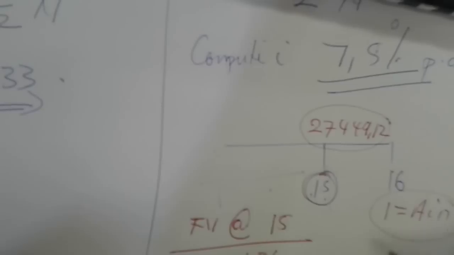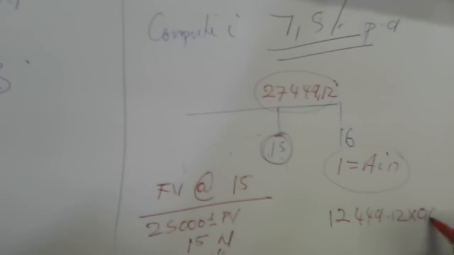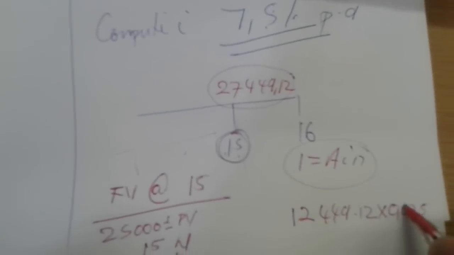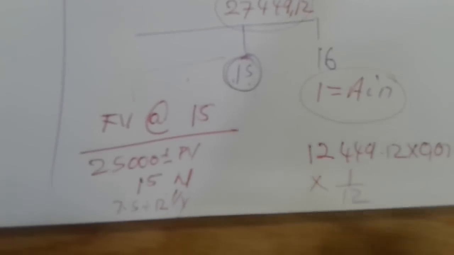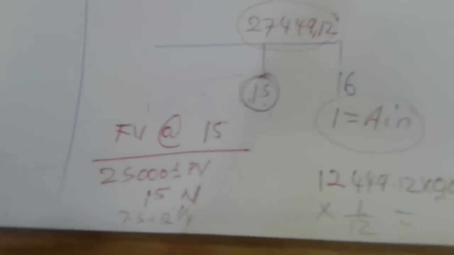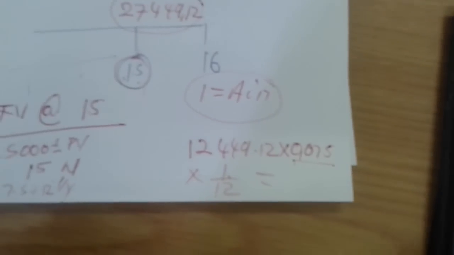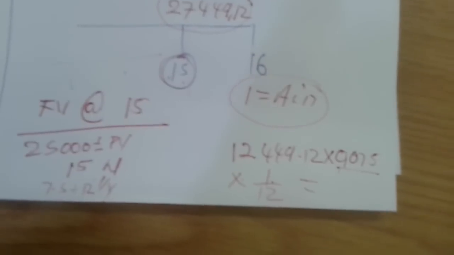Okay, so let's go. 27,449.12 times 0.075, which is your nominal rate, but of course as a decimal, multiplied by 1 over 12. Why 1? Because it's only for 1 month. Remember, this is an annual rate. It is for 1 month. So again, let's punch it. Times 0.075 multiplied by 1 divided by 12, and you get